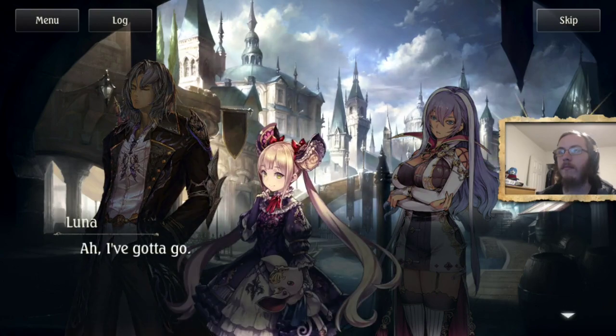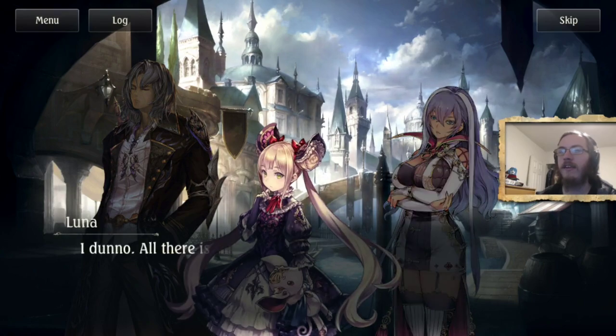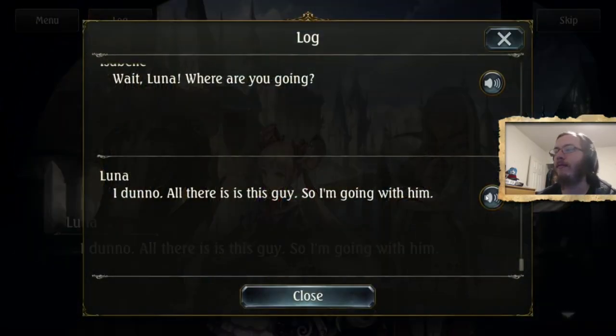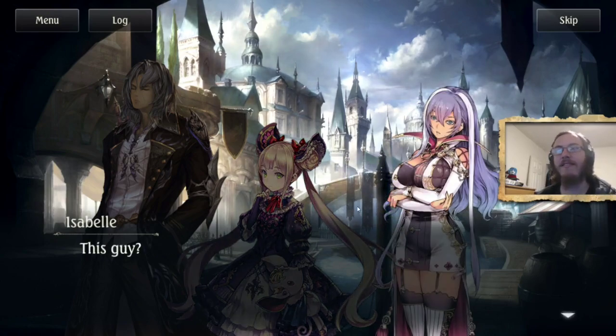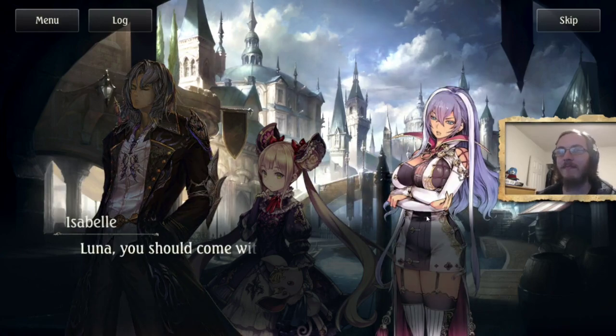She hugged me. She's so nice. I've gotta go. Wait, Luna, where is it you're going? All there is this guy, so I'm going with him. I like the way she says, I don't know. All there is this guy. This guy? Luna, you should come with me then. That way...